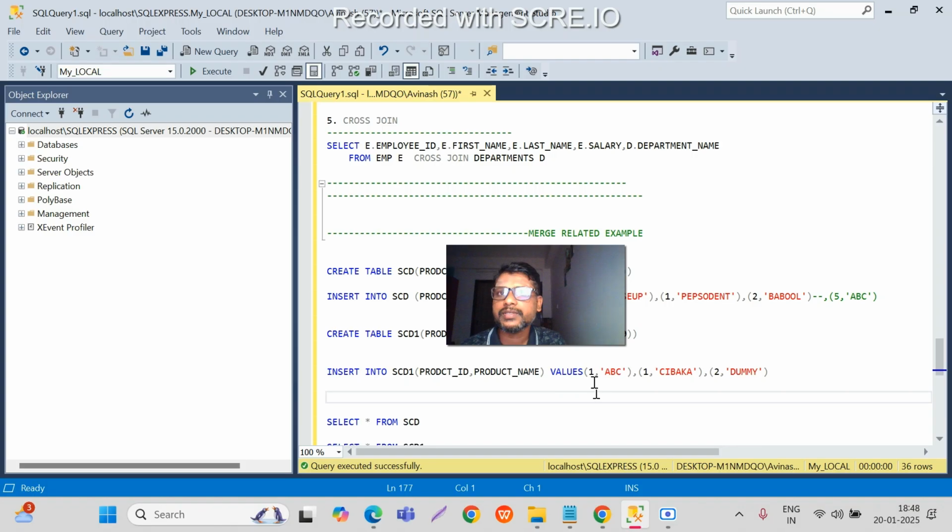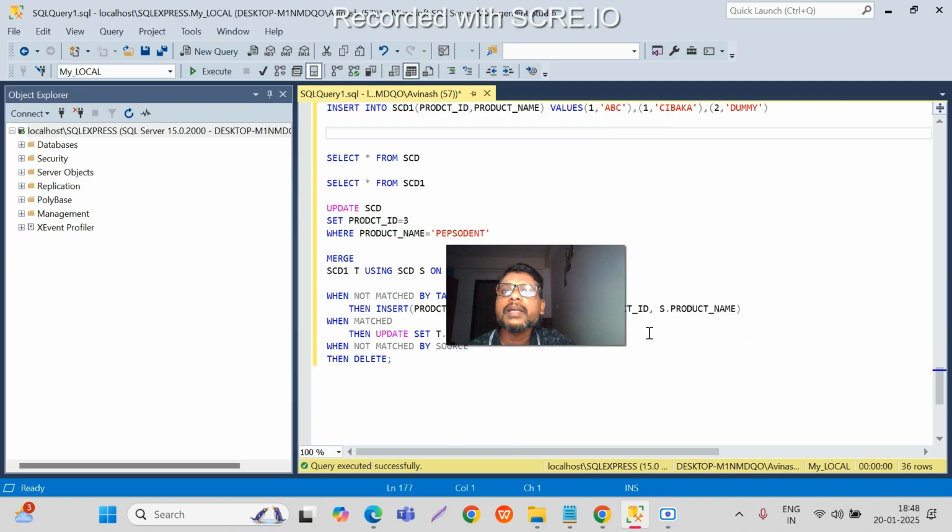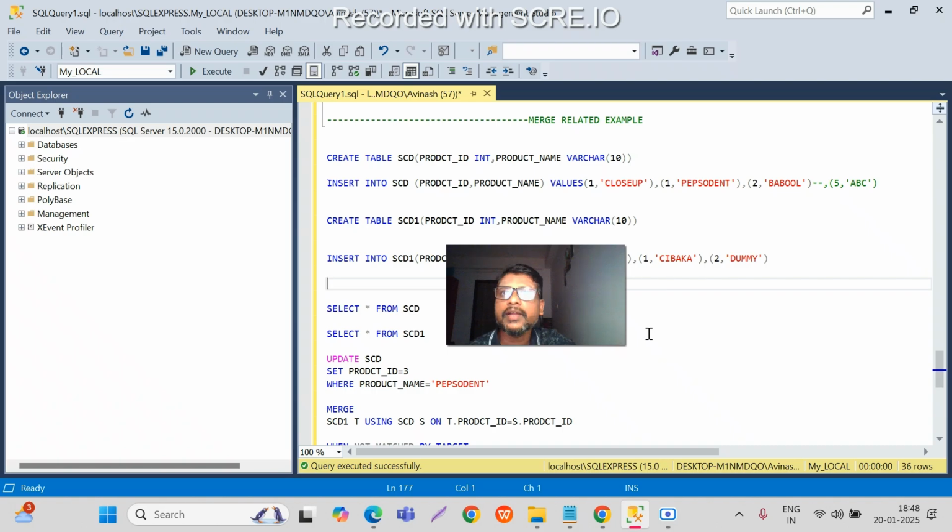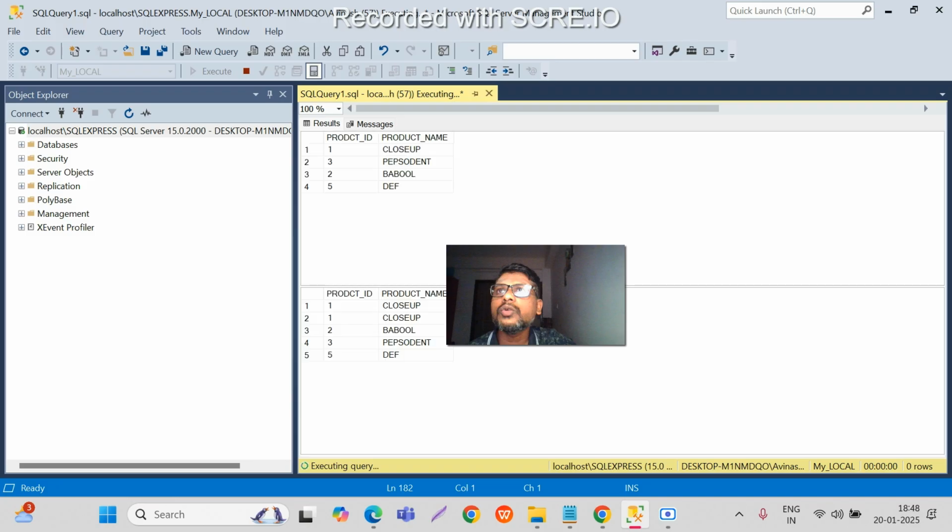So to handle that operation, there is a concept called SCD, that is slowly changing dimension. For slowly changing dimension, how the insert, update, delete happen is via the merge statement, right? So if you observe, there are two tables that I have created here, SCD and SCD1. In the SCD table I have product IDs 1, 2, 3 with Close Up, Pepsodent, Bubble and DEF, right? In the SCD1 table I also have Close Up, Bubble, Pepsodent and DEF,